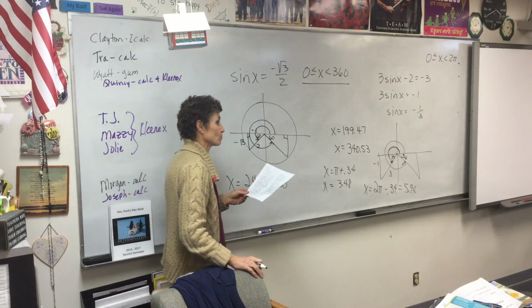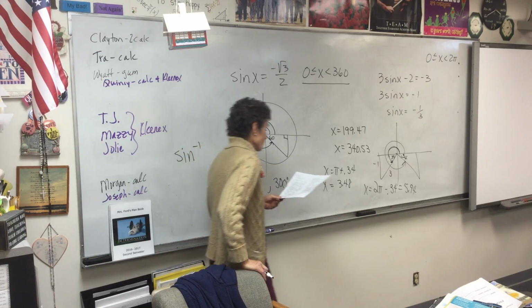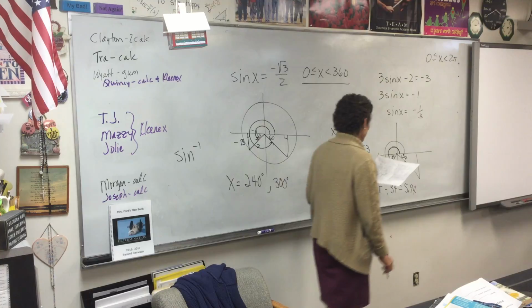Cassie, Number 5. The same review sheet we've been on? Yeah. Number 5. Find the value of all 6 trig functions for an angle whose terminal side contains the point